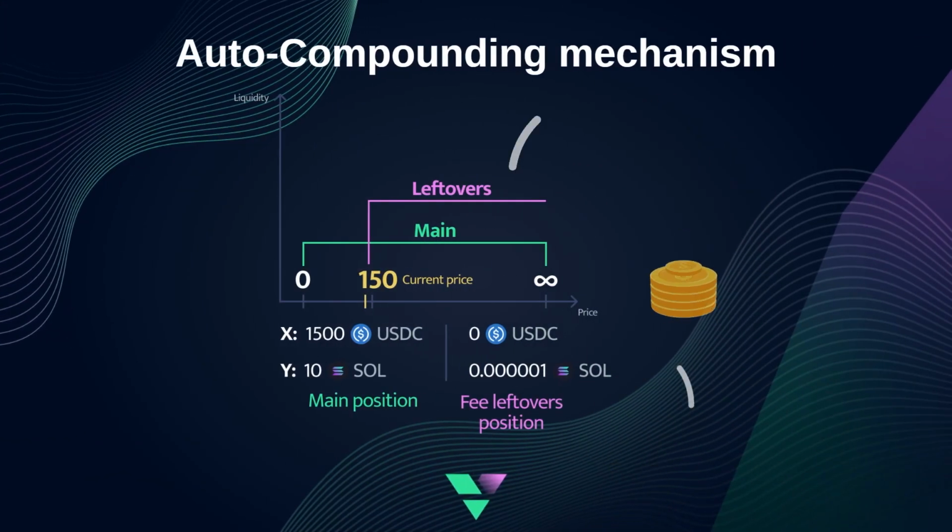What kind of compounding are we talking about? One of the features of the full-range tokenizer, which we mentioned earlier, is the auto-compounding of fees generated by the position. The fees are compounded every time a mint or burn occurs within a given pool. Compounding can also be triggered manually.